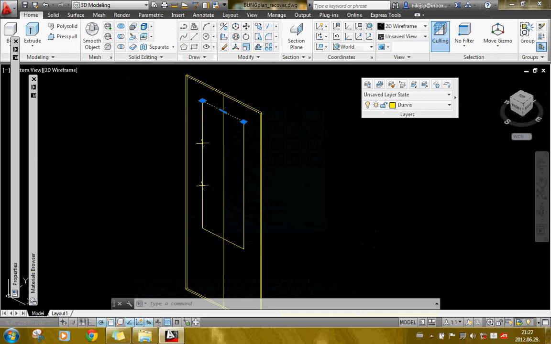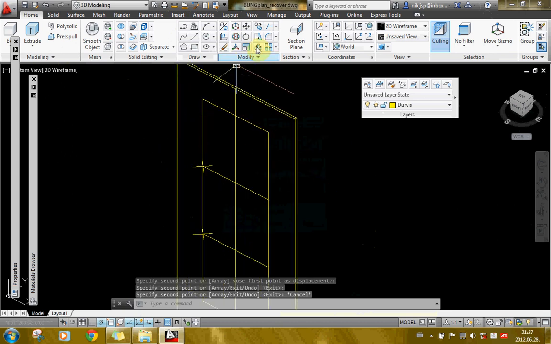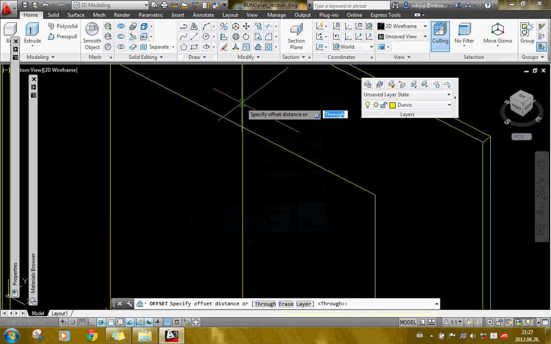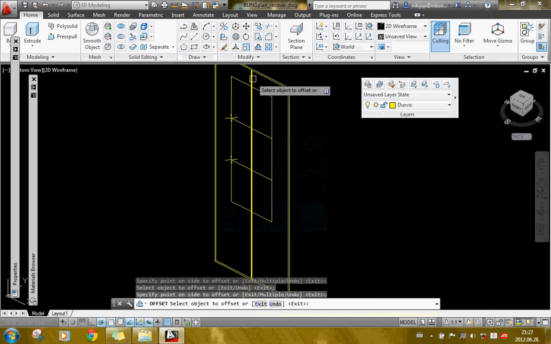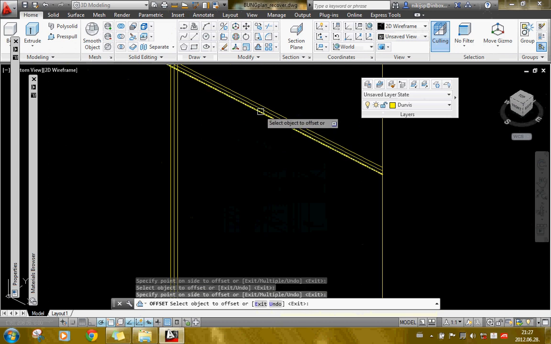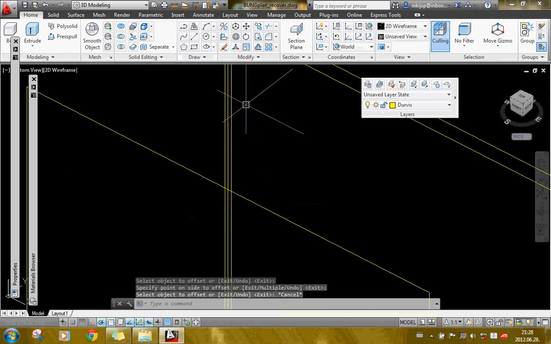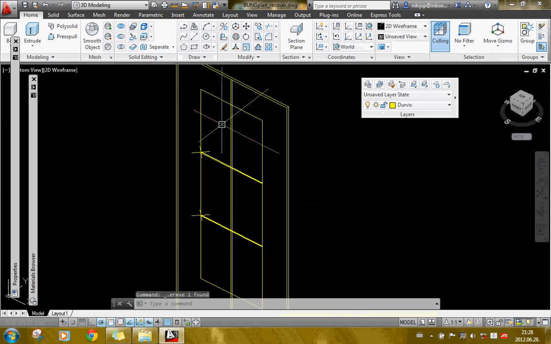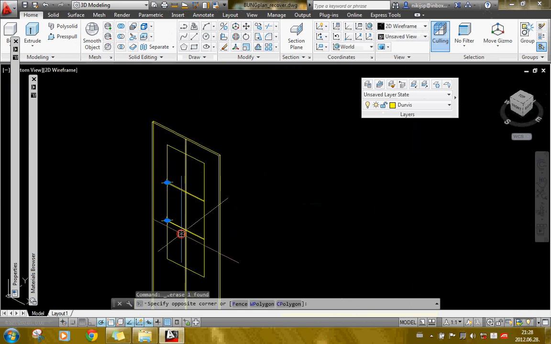So now I can copy that line down there, and now just offset, and you can choose another value. I'm choosing 0.04 there, up here, down here, also the same, and now I can delete center lines, those 3 lines, points, and